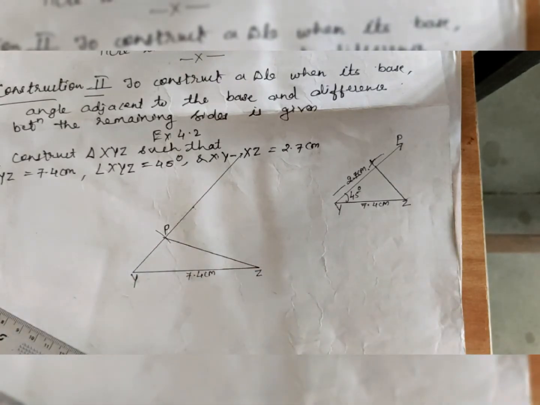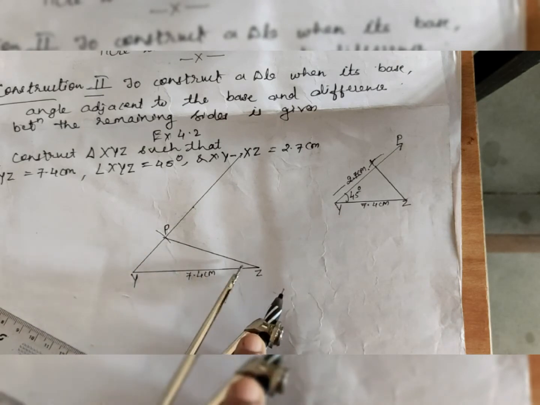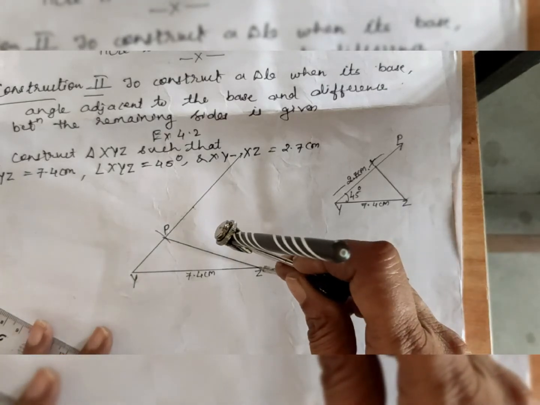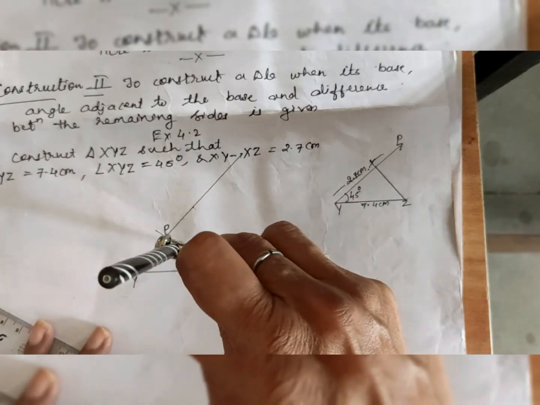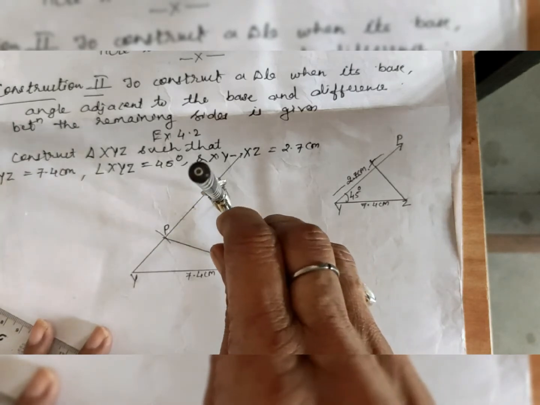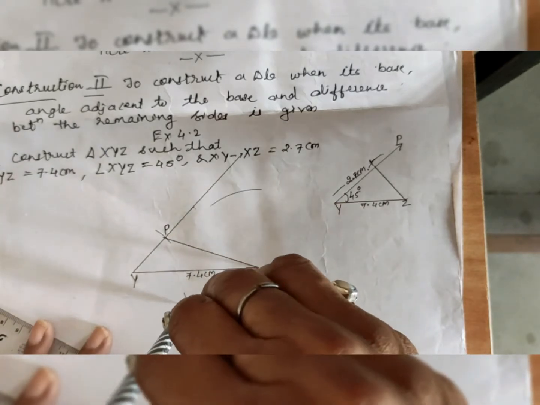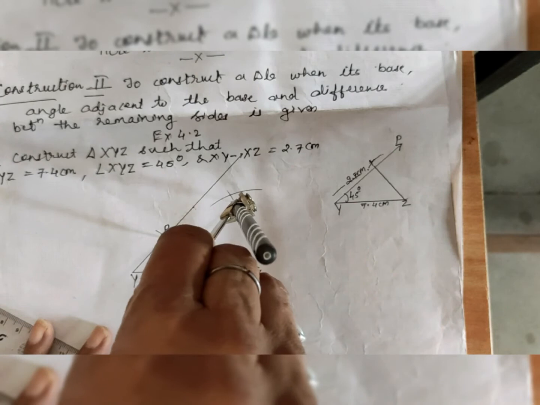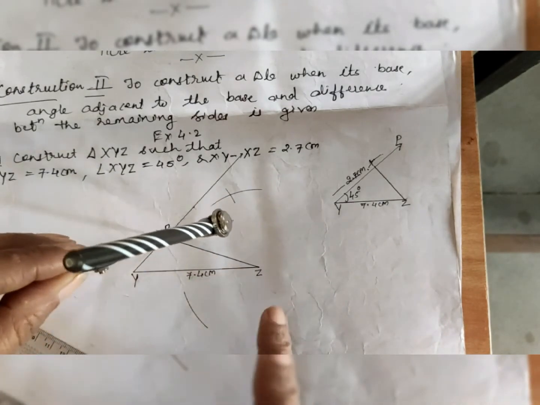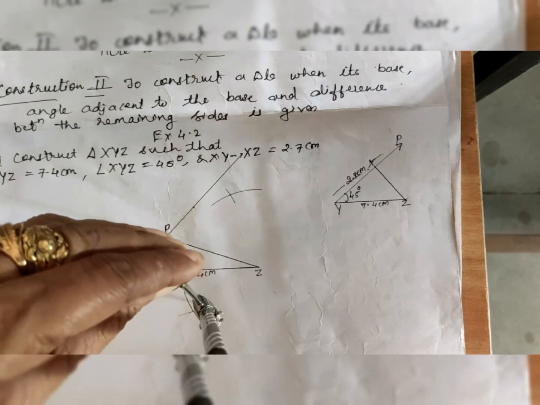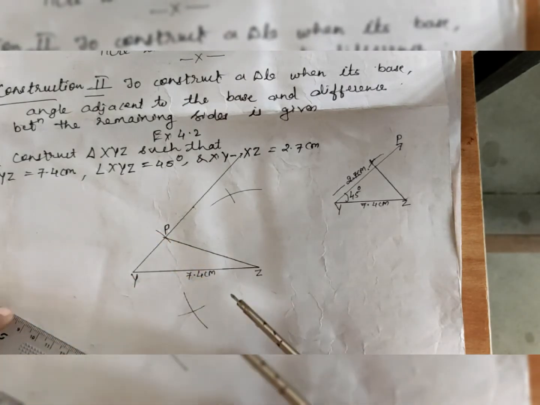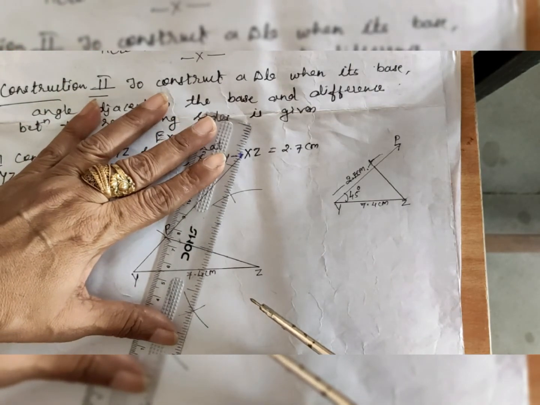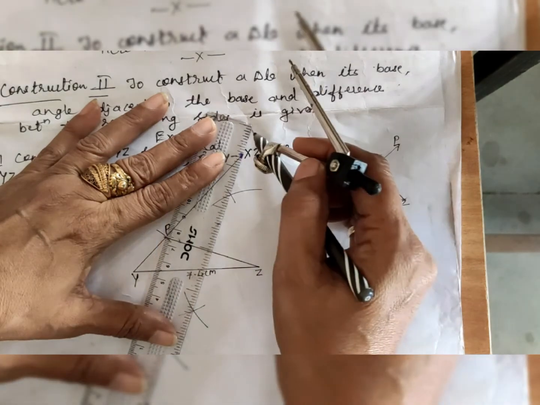Now you have to construct the perpendicular bisector of this segment PZ. Remember children, this is a very important point. So you know how we draw the perpendicular bisector. Take 3/4 of this, or you can say more than half, and draw an arc on either side of this segment. Okay, now see, this is how we are drawing the arc. One time you will take Z as center, then you will take P as center, and you will get such a point of intersection. Now you have to draw a perpendicular bisector passing through this point of intersection.